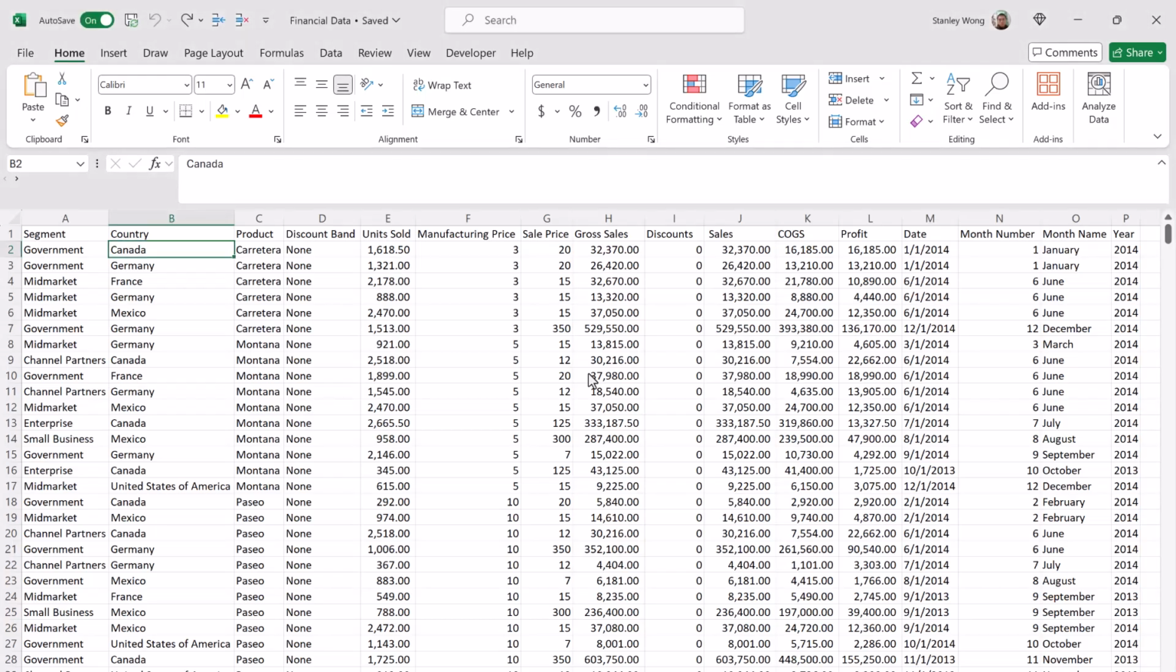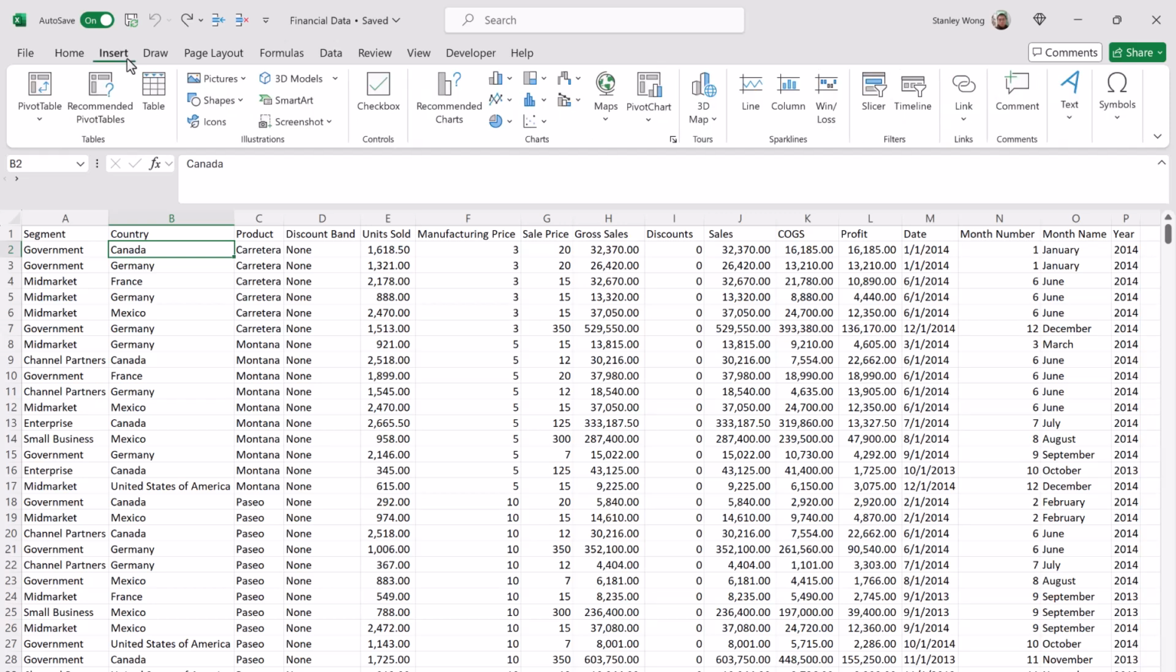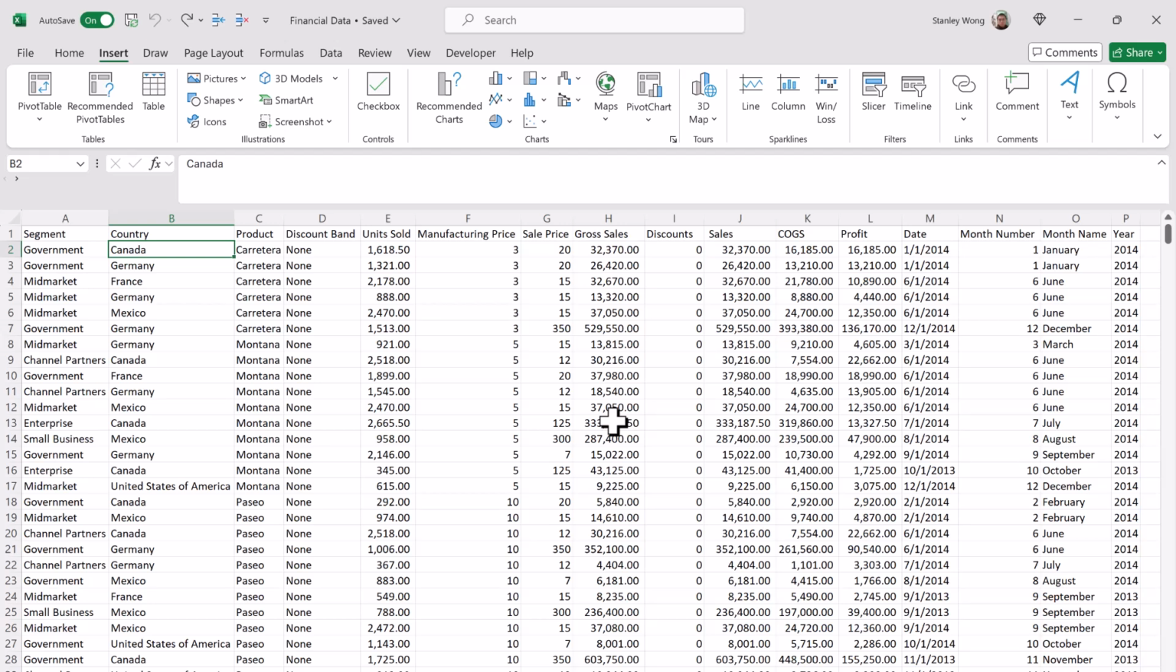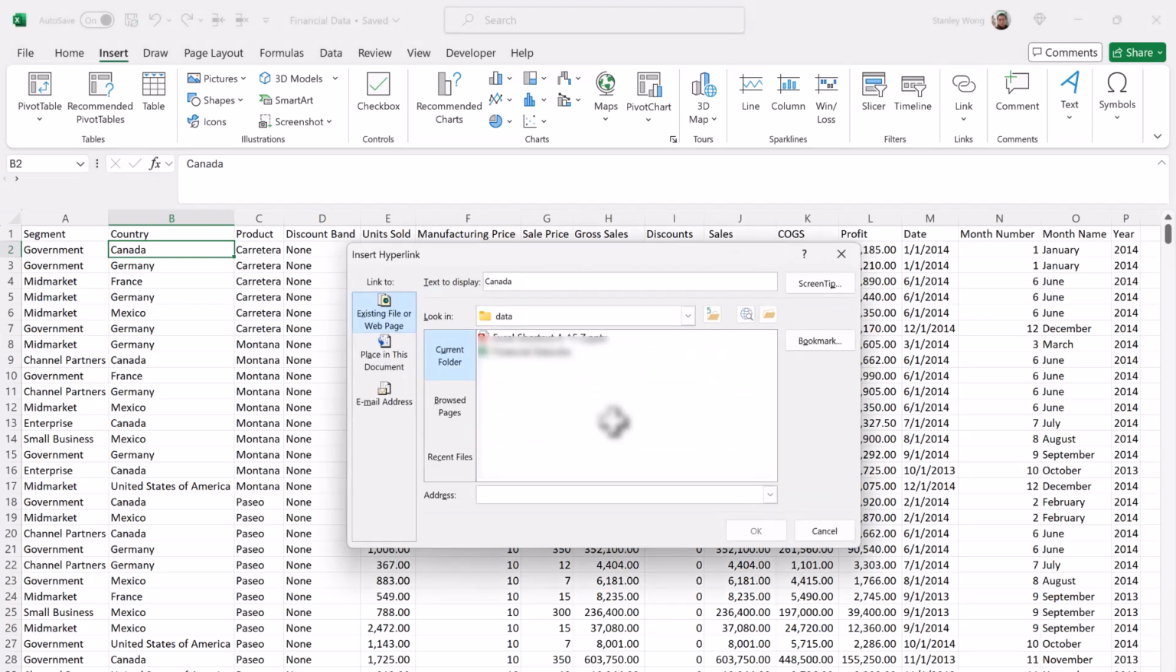To insert a hyperlink, here we may click the Insert Menu button and click the Link button. In addition to this, we may also use the shortcut Ctrl K. Here we may have different options. For example, if we want to add a hyperlink to Canada,